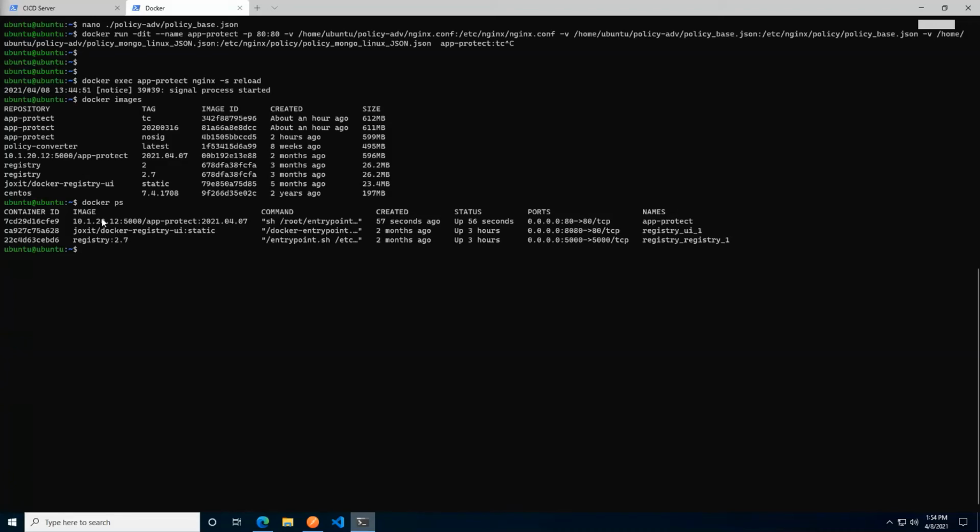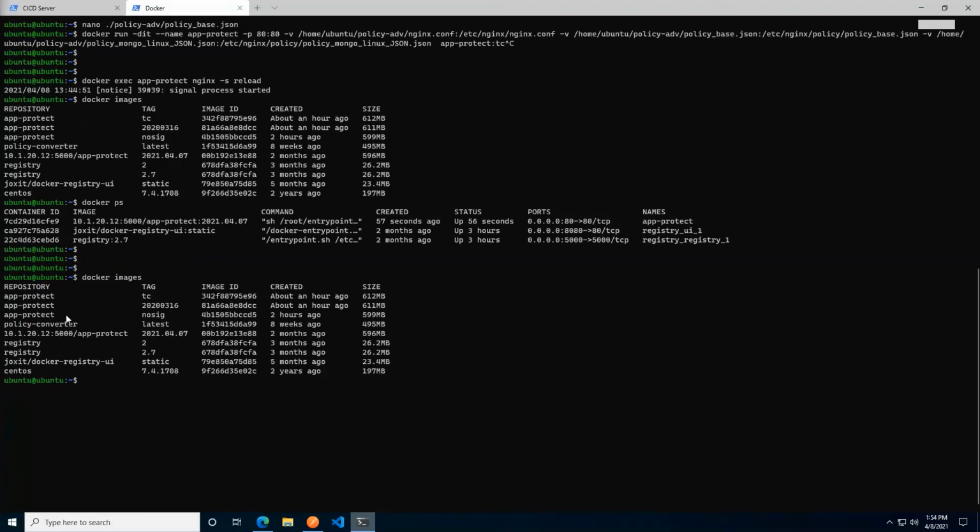And we see that it's basing itself off of a different repository, and it has the updated tag and whatnot. Yes, of course. Now it makes all sense. What confused me was when I ran Docker images here, I didn't see the updated App Protect container image, which is of course true because it's not pushing it into this registry.